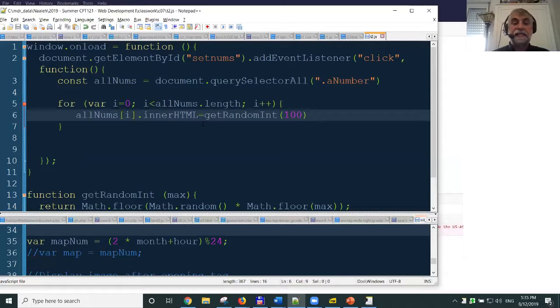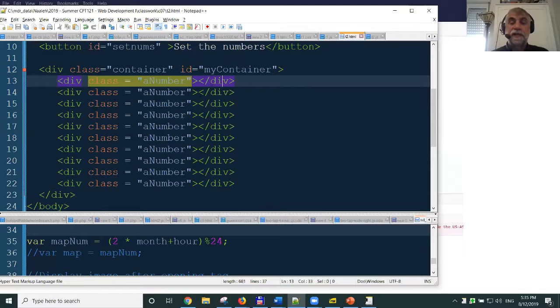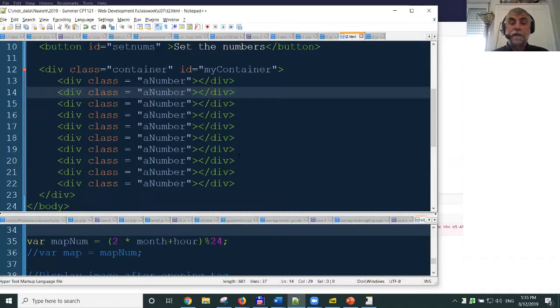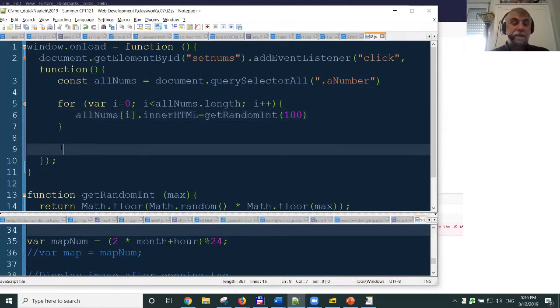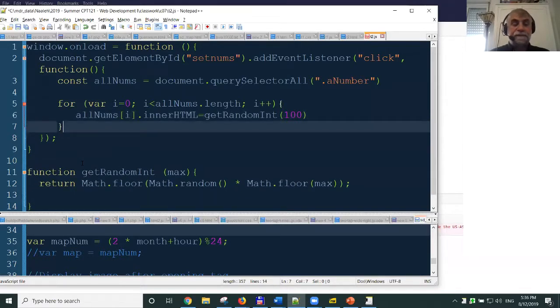What's it going to do to it? It's going to set its inner HTML equal to a random number. i is going to increase to 1. So now, first of all, is 1 less than all nums dot length? It is, because it's less than whatever number, 12 or however many there are. But now our i is equal to 1. So all nums sub 1. Well, which is all nums sub 1? It's going to be this one over here. And it's going to go through each of these, and once it goes through them, it's going to set each one equal to a random number, and that's it. That's a quick way of changing all of the numbers